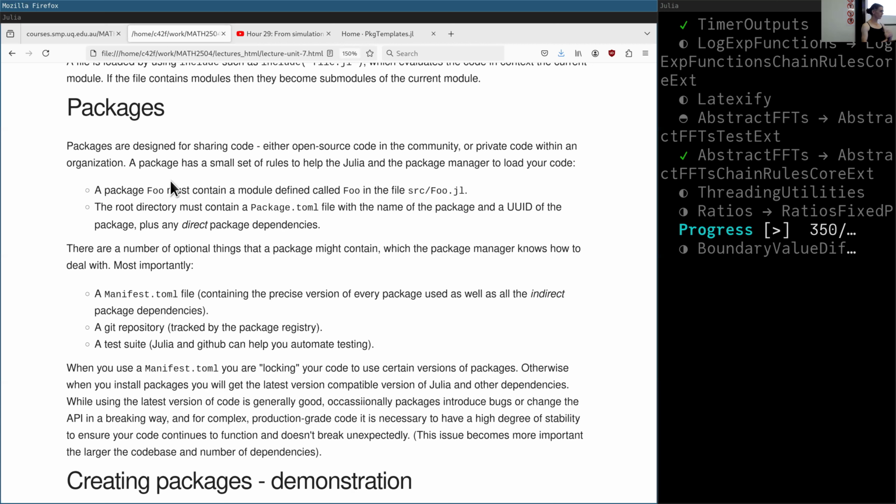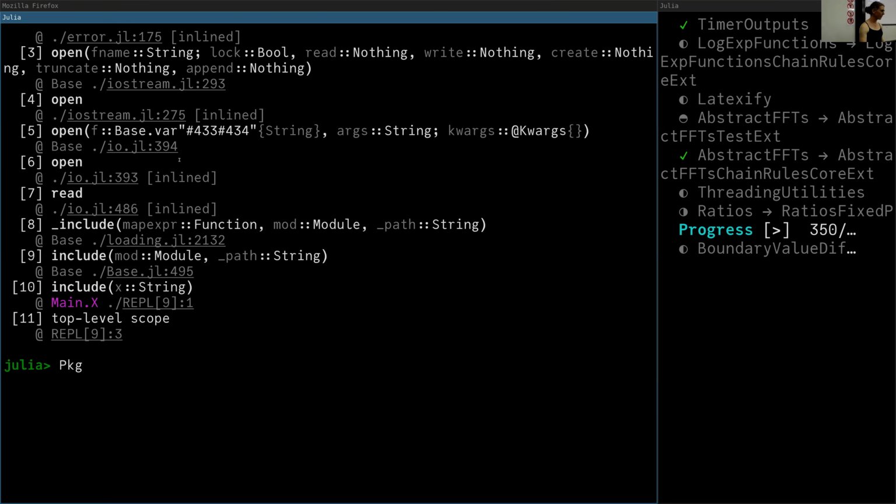So packages are a way of distributing your code. If you want other people to be able to use it, then you need to make a package structure which has a bunch of standard files laid out in a directory. Then the package manager itself, which is a library written in Julia, Pkg, is able to find, so when you go pkg.add and then some package,